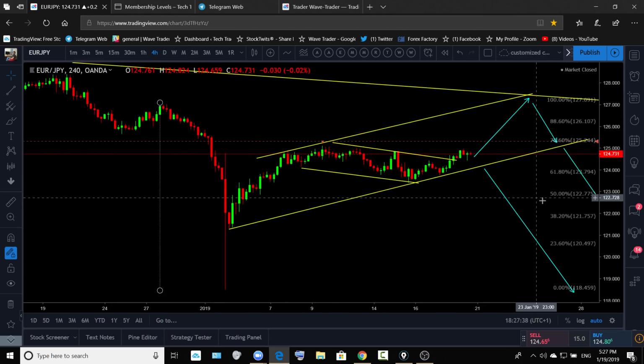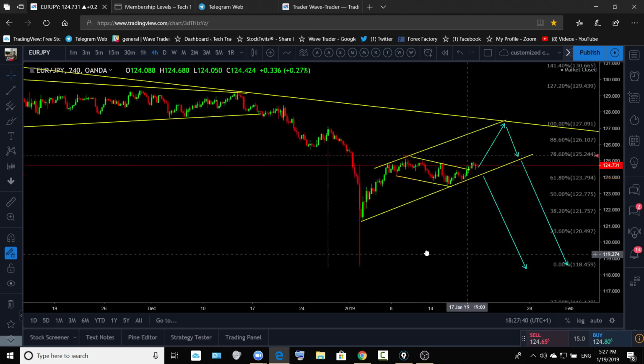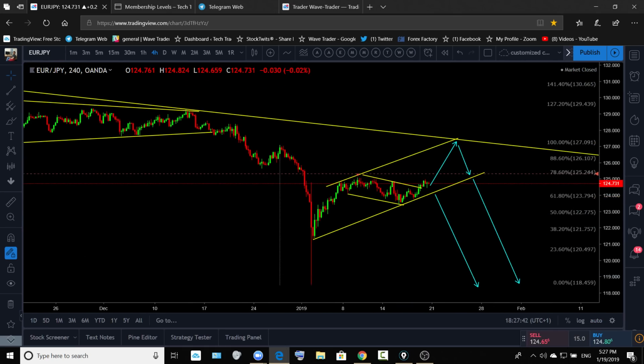Okay, and euro yen is the same as the dollar yen. You see that it is forming a similar pattern formation, the one you guys have just seen on the dollar yen. An A wave, B wave, and C wave is possible there for next week. So you can buy euro yen short term on a lower time frame, for 15-minute or 30-minute corrections, which I have just shown you on the dollar yen.